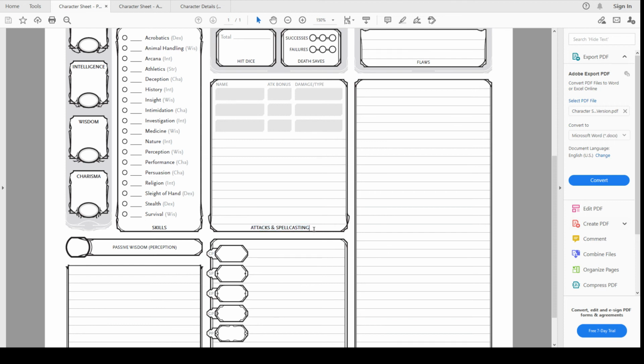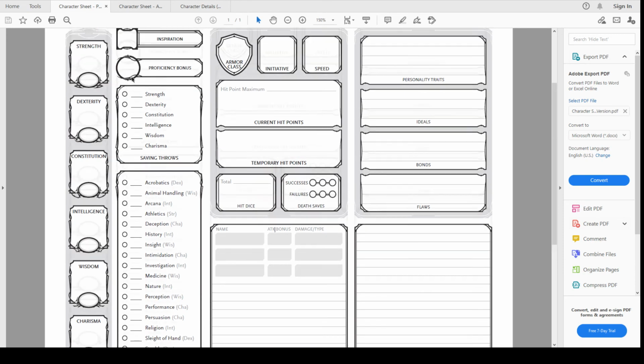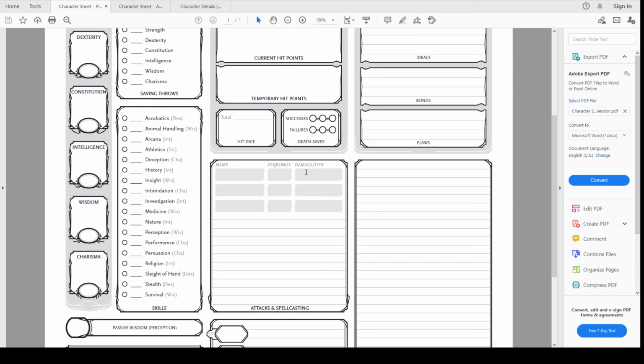But you have attacks that will use one of those actions, or you can cast spells if you have them that take one of those actions. And this is just a place to list them. So you could list Great Axe. Your attack bonus, if you are proficient in a weapon, is your proficiency bonus plus the relevant stat, almost always strength or dexterity. And then the damage